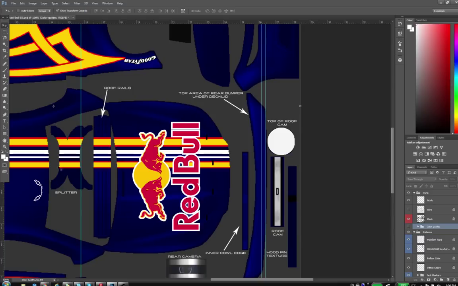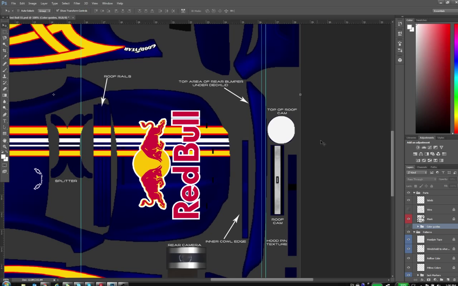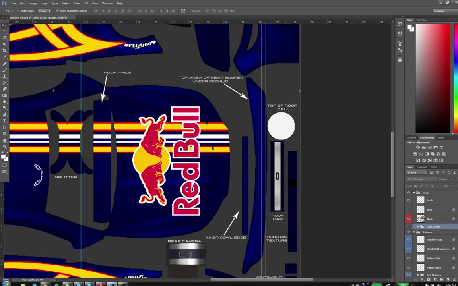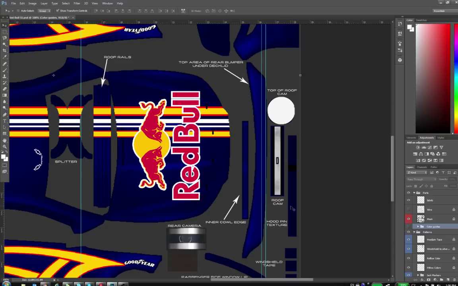this is your splitter package right here. Okay, so you need to paint everything in order for your splitter itself just to change colors. You can change the color of the camera sitting on top of your car. It is this round circle right here. I'm sorry. If you want to change the texture of the pins in the hood,